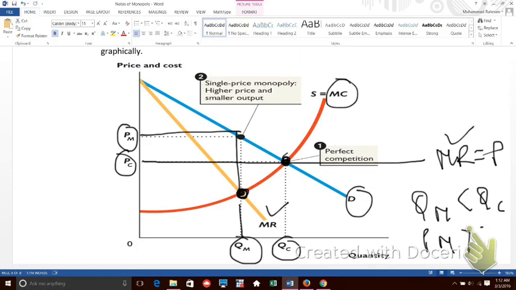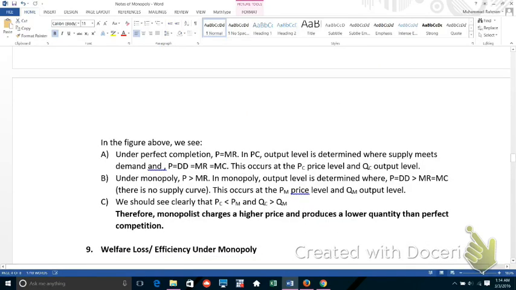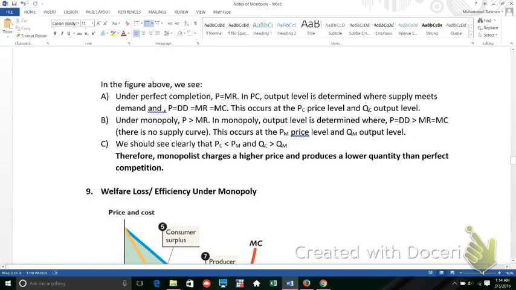And it makes perfect sense because, as I mentioned before, obviously our monopolist would charge a higher price than perfect competition, and obviously our monopolist will end up selling less than perfect competition. So we can therefore conclude that monopolist charges a higher price and produces lower quantity than perfect competition. This discrepancy in production and pricing decision obviously has welfare consequences. So the next task that we are going to do now is try to understand